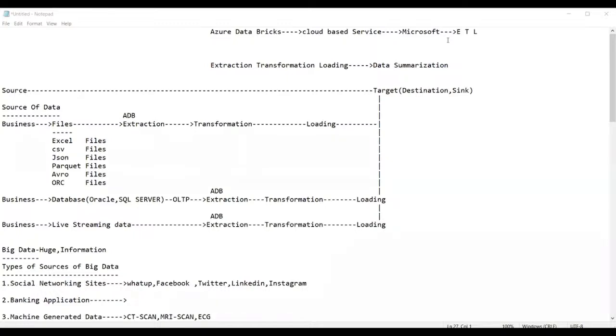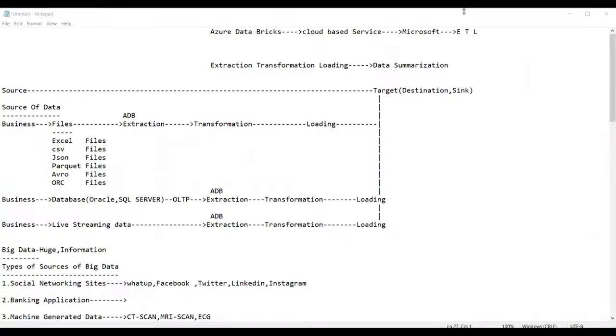To learn Databricks, do we need any predefined technical background? What are the prerequisites? If you know Python, or R, or SQL, that is very good, you can understand the code.